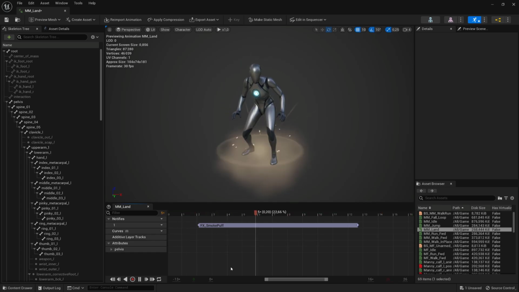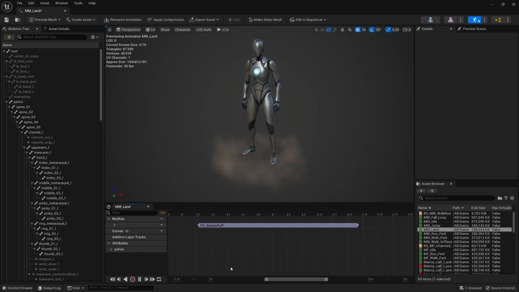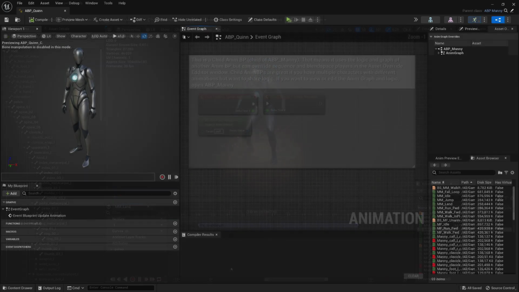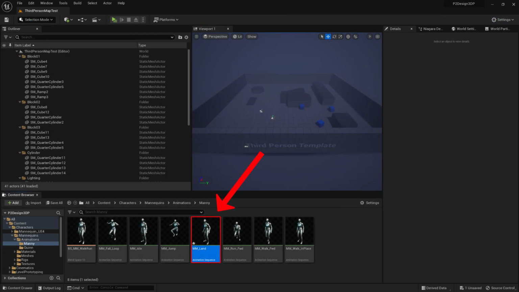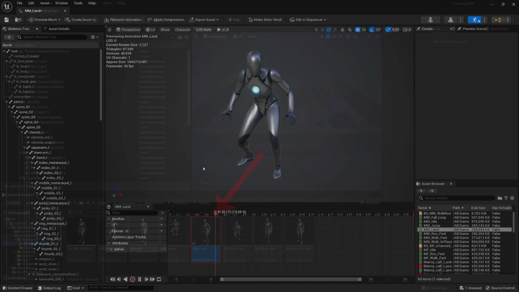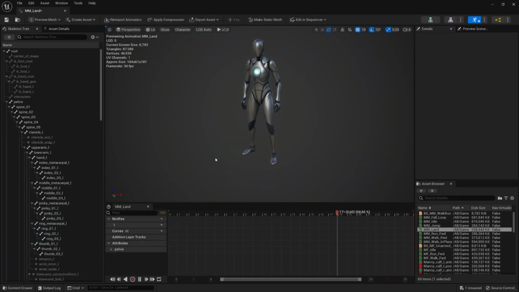Speaking of that, we'll see right now how to spawn our effect each time our character is playing its landing animation. The character used here is the default mannequin available in Unreal Engine 5. I find its landing animation in my content browser and double-click on it. We can see the default mannequin playing over and over again its landing animation. To spawn my Niagara system at a specific frame of its landing animation, I place my cursor on the desired animation frame,